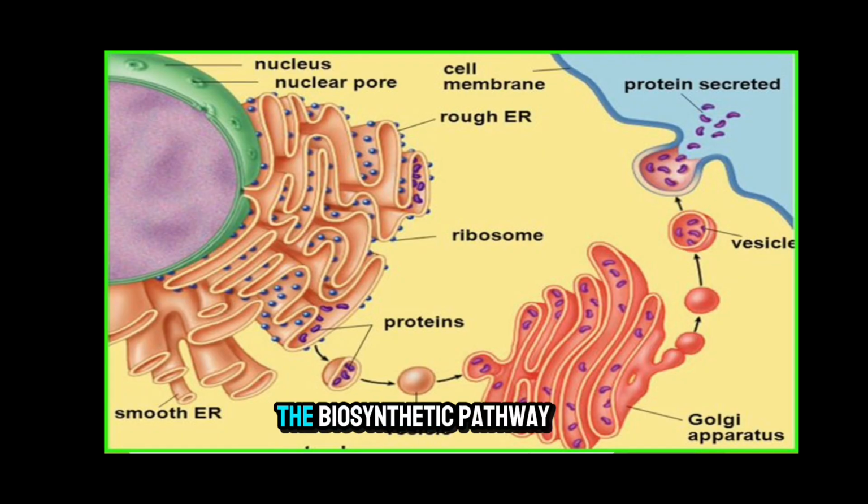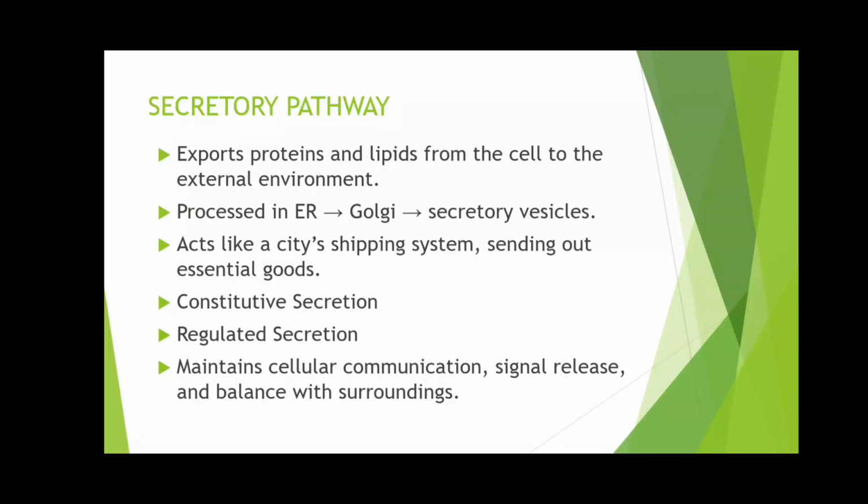So, this is the biosynthetic pathway. As you can see, the left side is the rough endoplasmic reticulum, and the proteins are transported into vesicles, covered with vesicles, and go to the Golgi apparatus where the protein is modified, and it goes to various parts like the plasma membrane and lysosomes and different places. Secretory pathway. Now we come to the secretory pathway, which is the system the cell uses to export